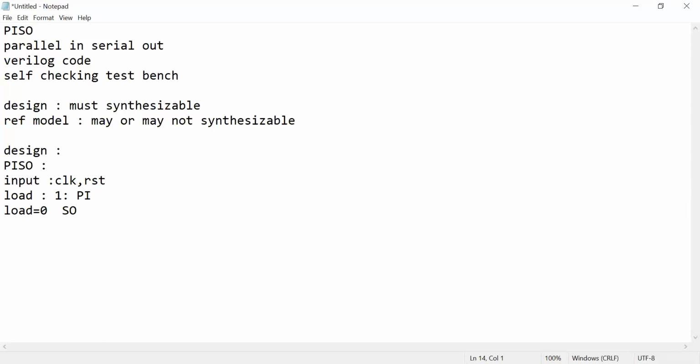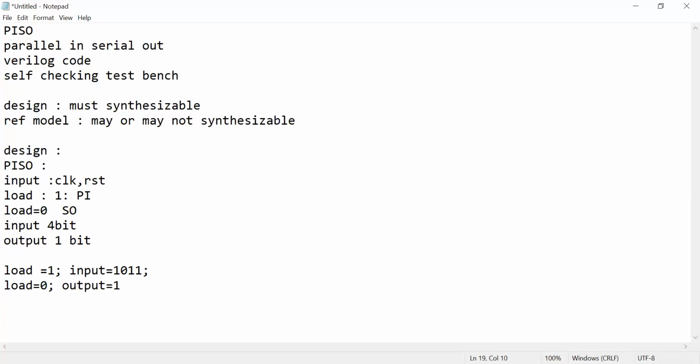Here my input I'll be taking as 4-bit, and the output will be 1 bit. So how will the output come? When load equal to 1, let's say I am giving input equal to 1011. This will be loaded to my shift register. When load is equal to 0, at that time my data will start shifting. So at the first clock I will get my output equal to 1.